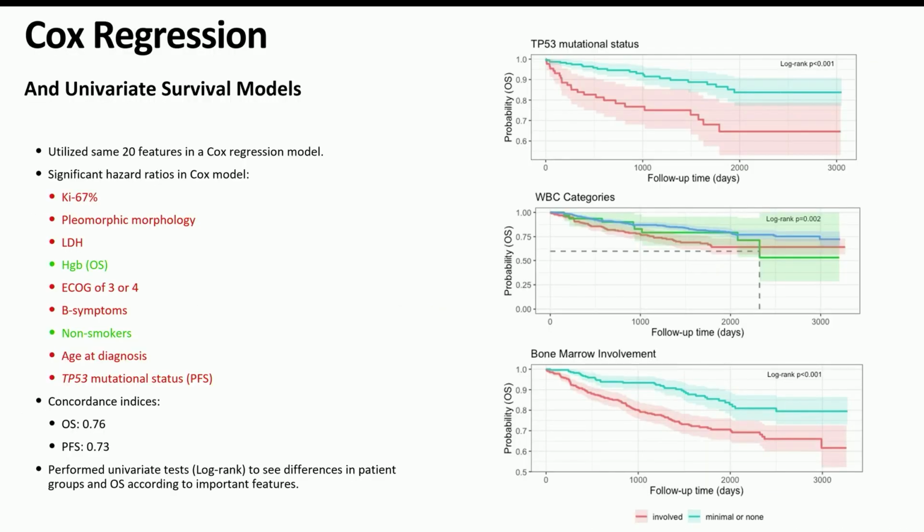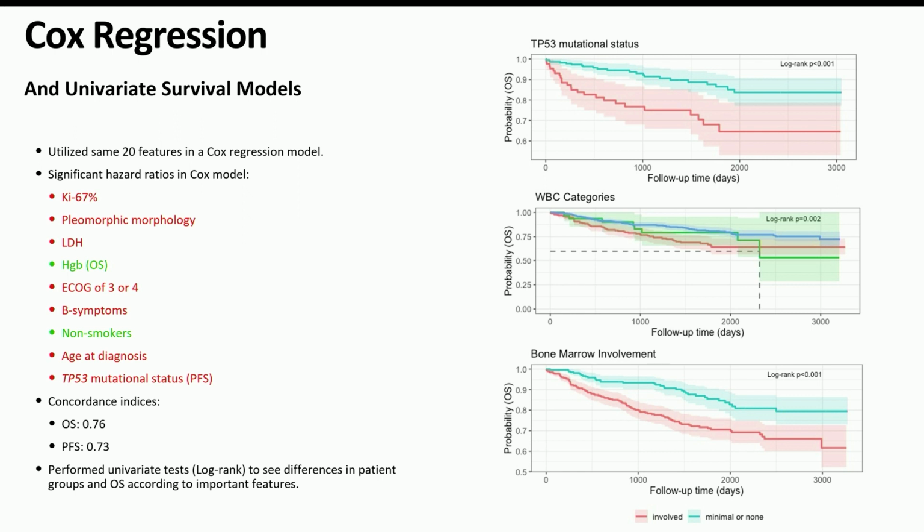We also took those 20 features, and we wanted to show that this could be a viable feature selection method for classical statistical models. And so we utilized that in a generalized linear model and also in survival models, because we knew that our problem was a little bit of a censored regression problem as well. We were distinguishing at baseline who we thought were going to be the patients who had aggressive disease versus the patients who had more mild or indolent disease. And this really played into something that was more applicable to survival models.